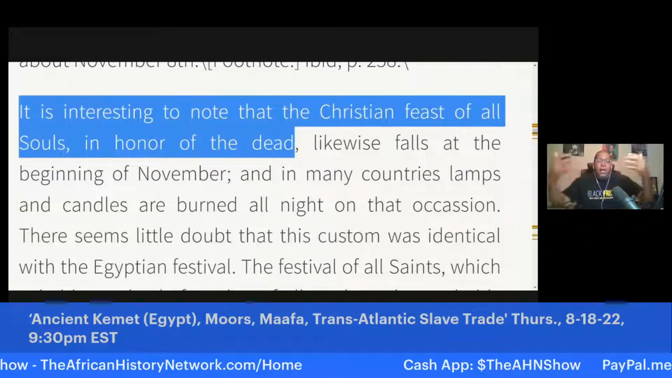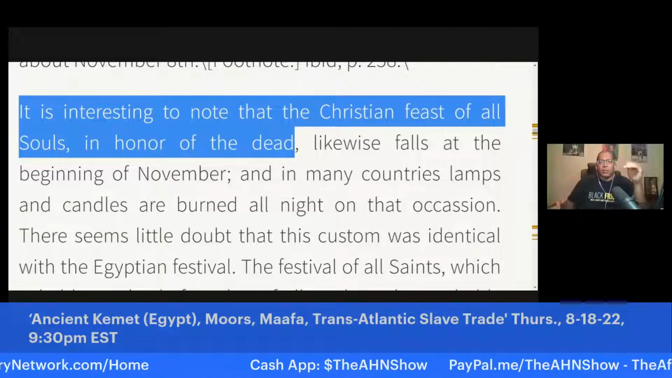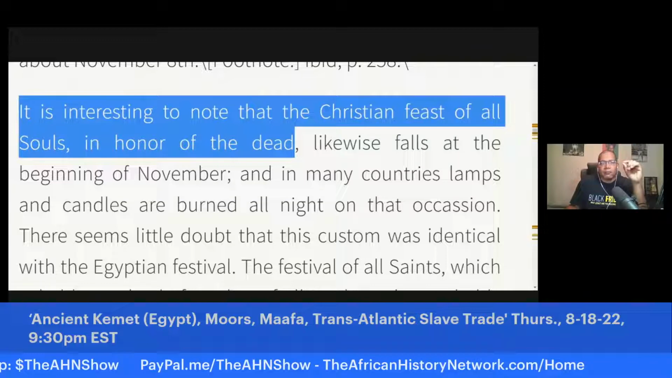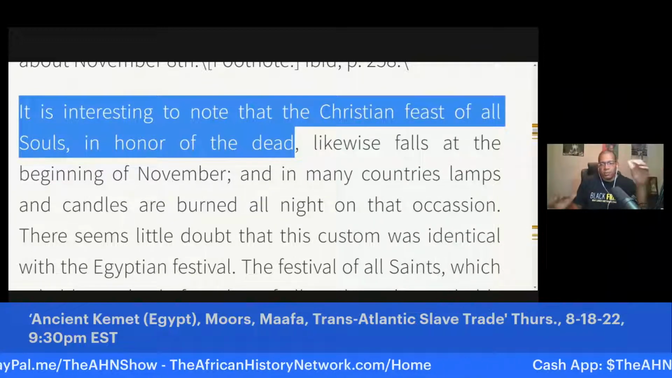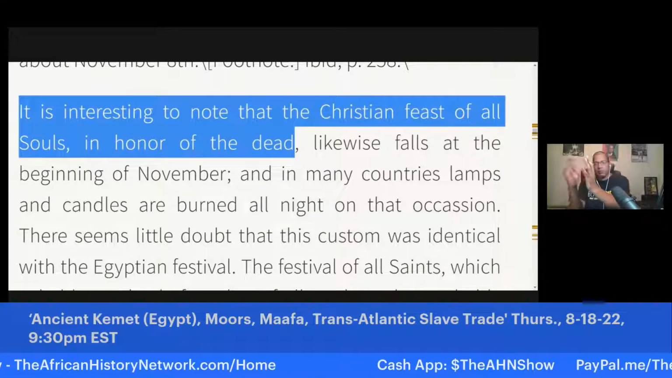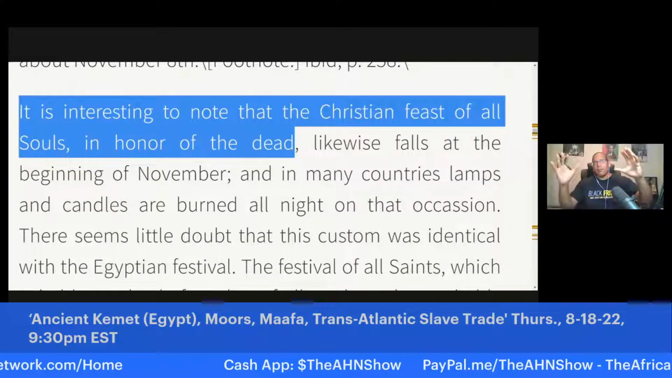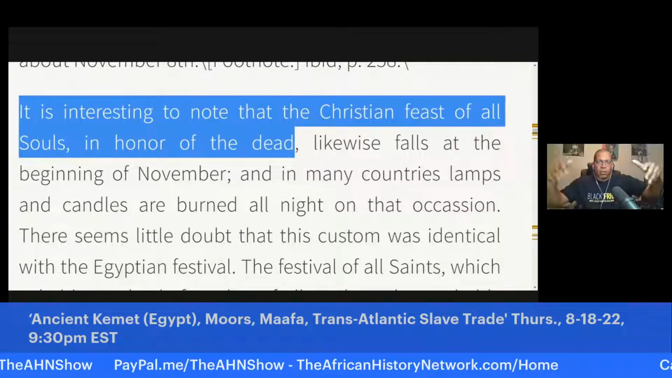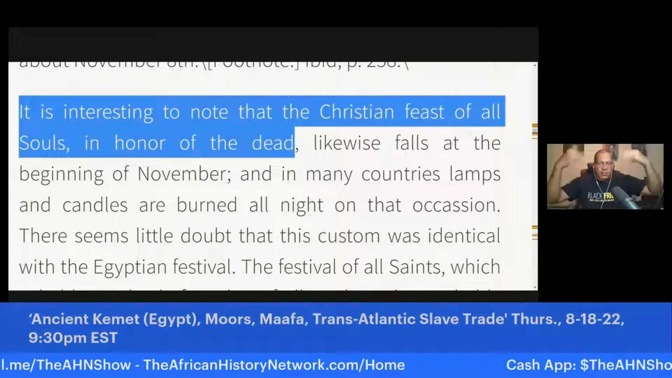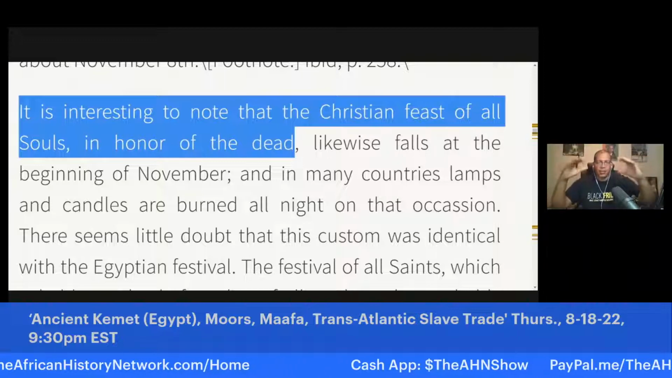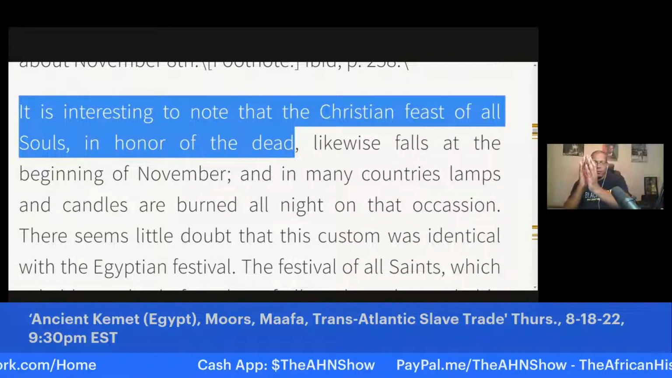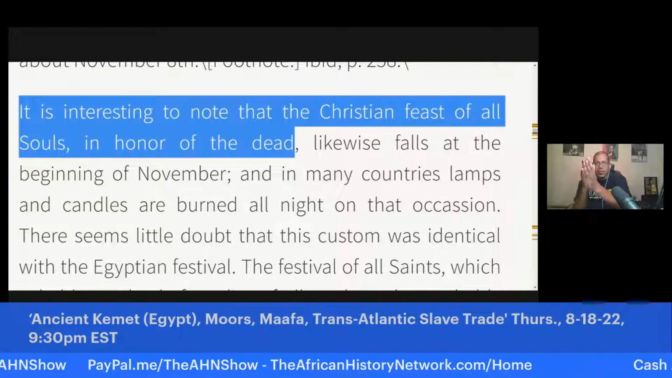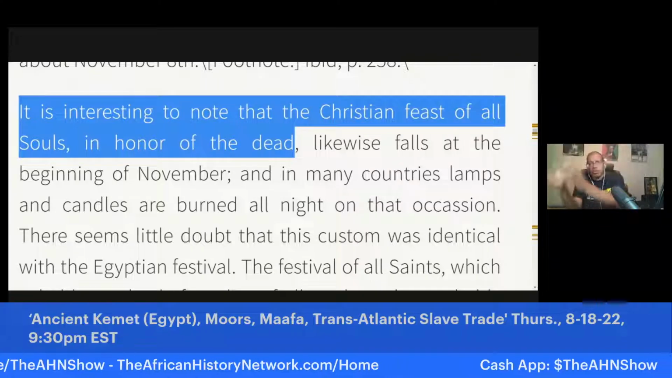That deals with the origins of Halloween. It is interesting to note that the Christian feast of All Souls in honor of the dead likewise falls at the beginning of November. So you have October 31st and November 1st, where the boundaries between the living and the dead become blurred, according to the Europeans, like the Celts. They believed that between October 31st and November 1st, the boundaries between the living world and the spiritual world became